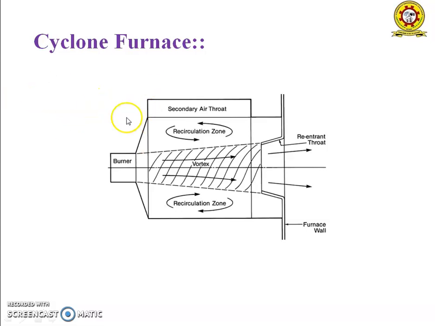Cyclone furnace. This is the basic diagram of the cyclone furnace. The cyclone furnace burns coal particles in suspension, thus avoiding the fly ash problem, which is common in other types of burners. This burner burns crushed coal of about 5 to 6 mm size instead of pulverized coal. So this is the advantage of a cyclone furnace. This burner can easily burn low grade coal of high ash content and moisture content. It can also burn biofuels such as rice husk.